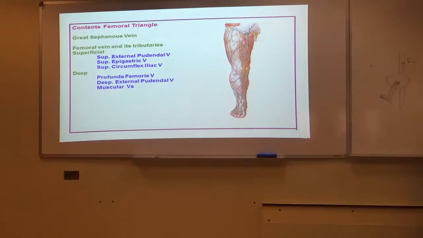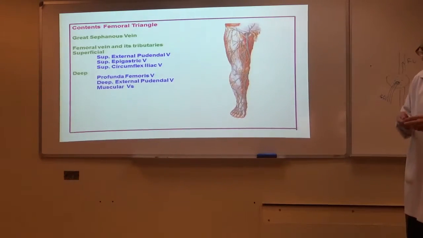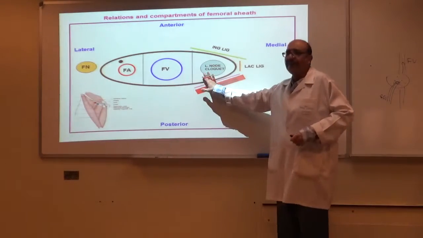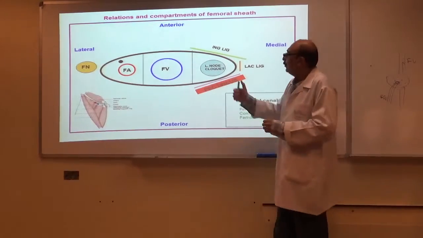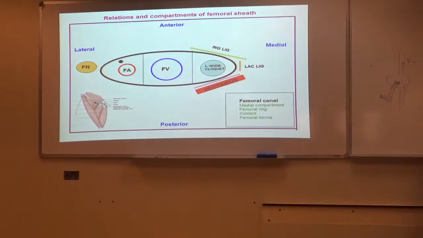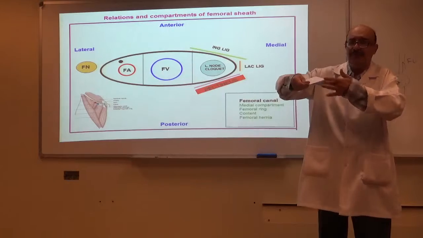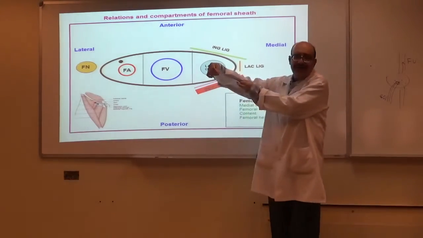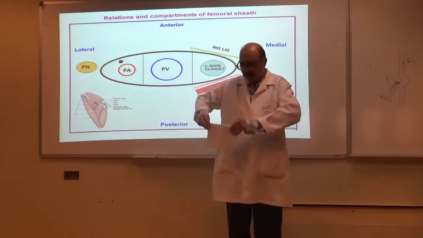Now I will start with the compartments of the sheath to refresh your vision again. Yes, I'm here now. Are all of you with me? Yes. Good. So this is actually the femoral sheath. What area is this? I'm showing you this part actually. Okay. So this is anterior. And if I make it anatomical position, how is it in my body? It is in my body